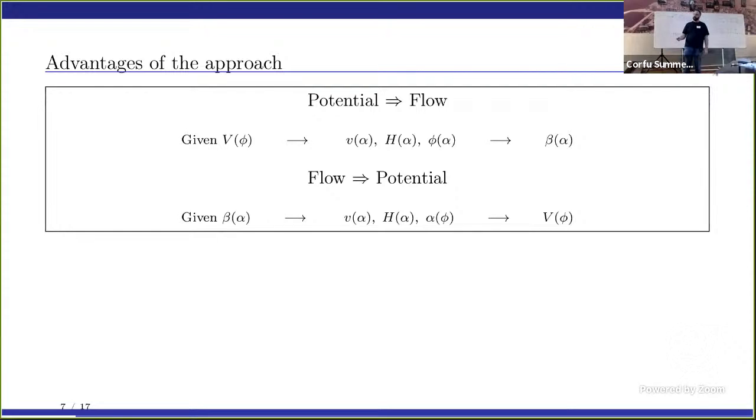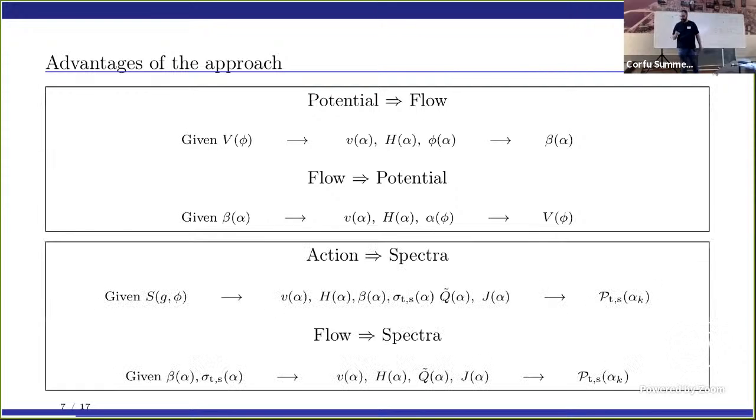The more interesting part is if I give a beta, what class of a potential I can associate to a general type of beta. And again, you can compute this quantity and derive the potential. And there is also, I think, an even more interesting part, which is if I give you the action,